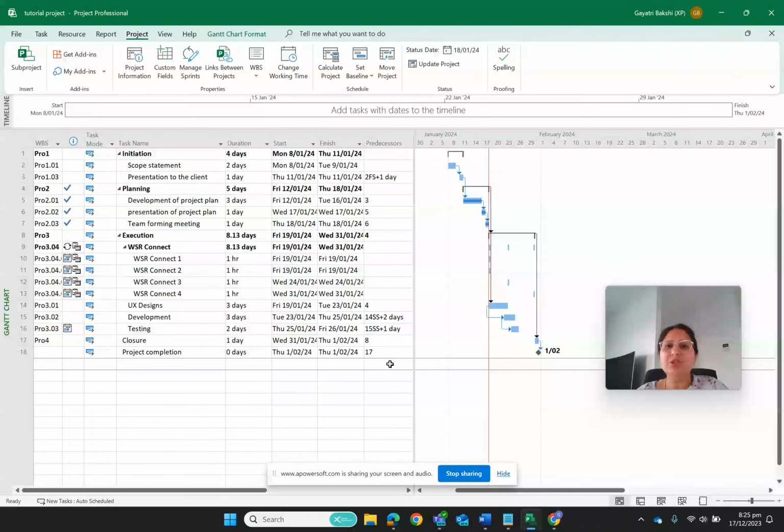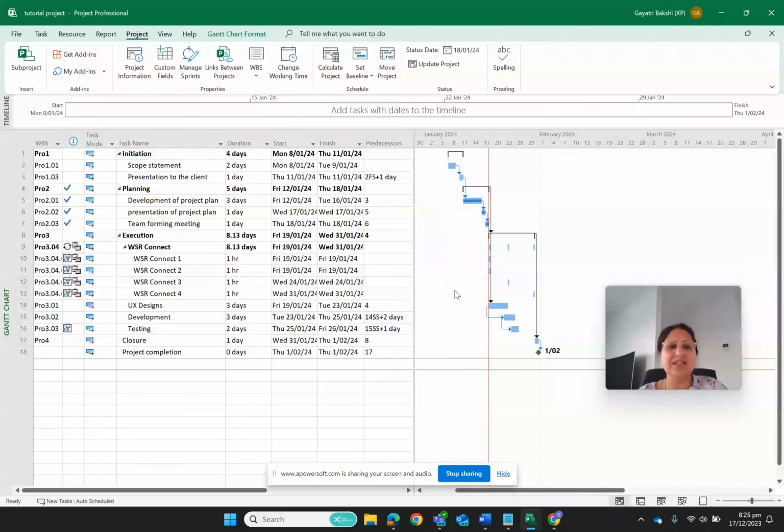All right. Although I said that your status date should be the date which has passed, however, just for explanation purposes, I have taken a status date which has not yet come, because it is in January 2024. So now I am going to update this project on the status date, that means I will be using this option of updating my project, marking it on time or on track or not on track